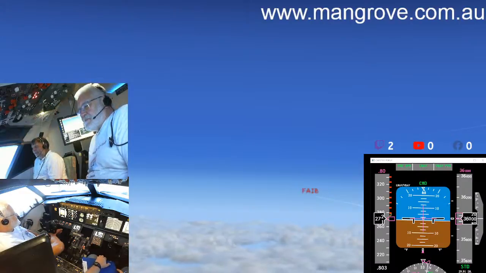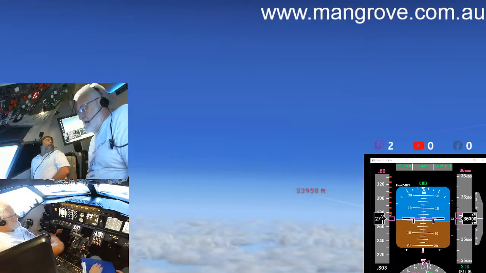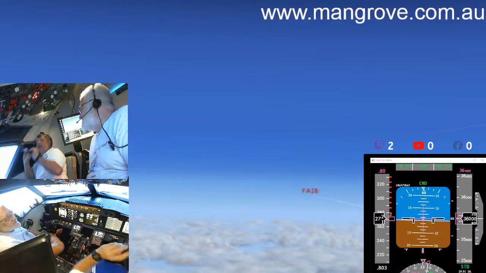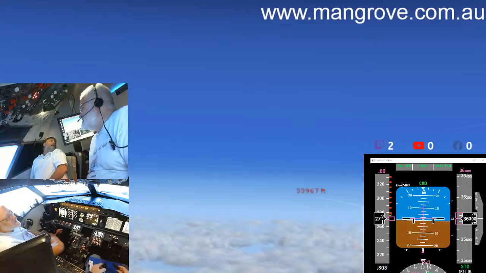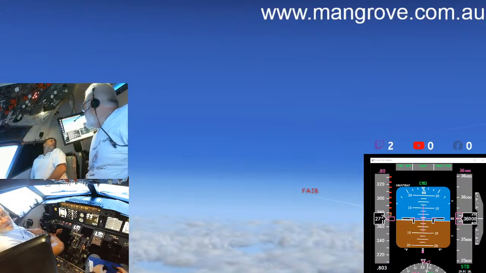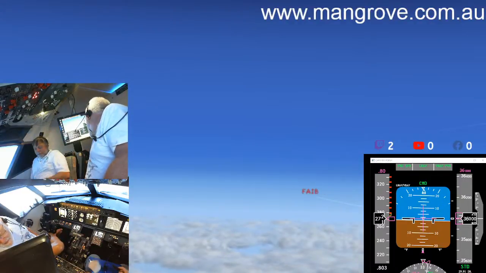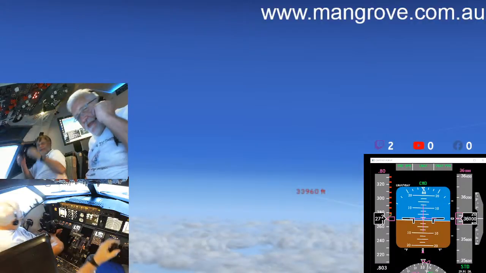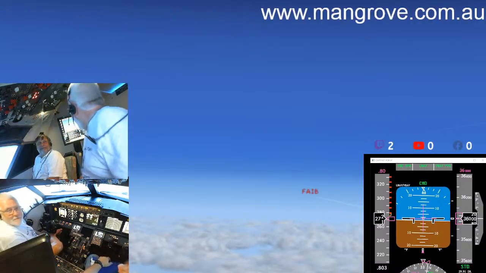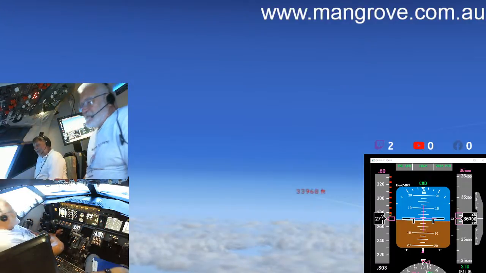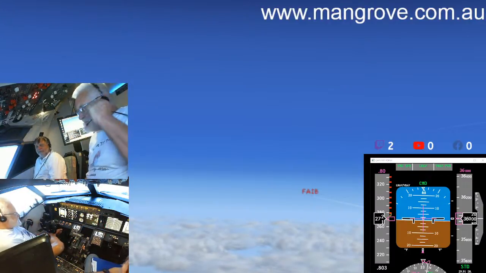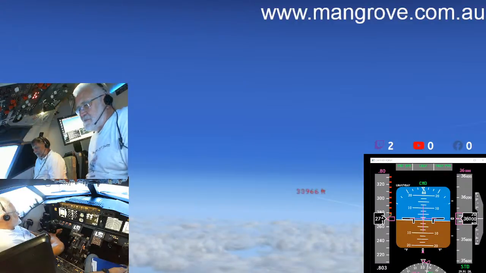Jetstar 413, report speed. Standby, Jetstar 413. New Zealand 357, contact Centre 133. Hey, expect star clearance. Jetstar 413 indicating 0.80. Jetstar 413, Roger, what would be your max speed in the cruise?